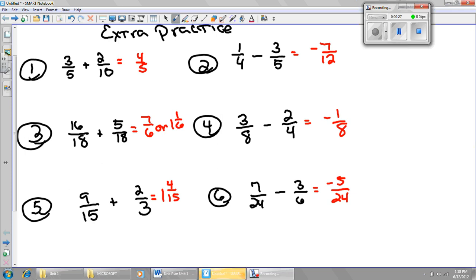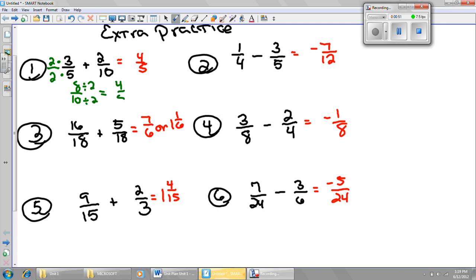If you want to see me work through them really quick here, I know my LCD has to be 10. So I won't do anything to the second fraction. The first fraction will be multiplied. And so I'm going to get 6 and 2 is 8 over 10. And if I know there's a common factor of 2, I can divide both numerator and denominator by 2